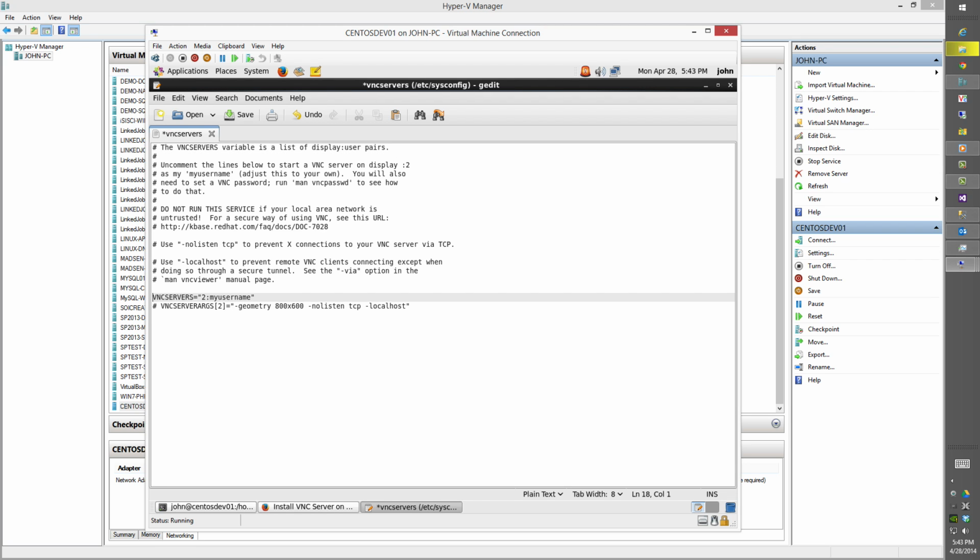So by default, the servers are commented out, and then the server args. So that's kind of a key value pair. So it's like 2, 3, 4, 5, 6, however many users you want in there, and then corresponding arguments for each one. So I just copy out, since everything else after geometry is not applicable to me, and I know